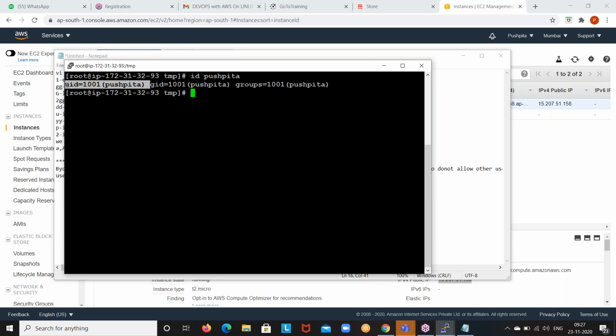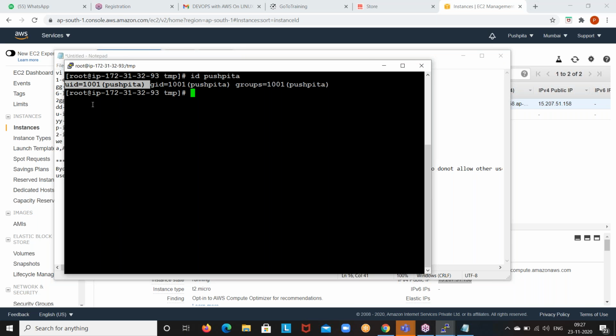See, this is my user ID and my username. Because this is the first user, other users will be assigned IDs from 1001, next 1002, next 1003, like this. It is only for system reference, guys, not for our purpose. You don't need to remember the ID, only names are enough.